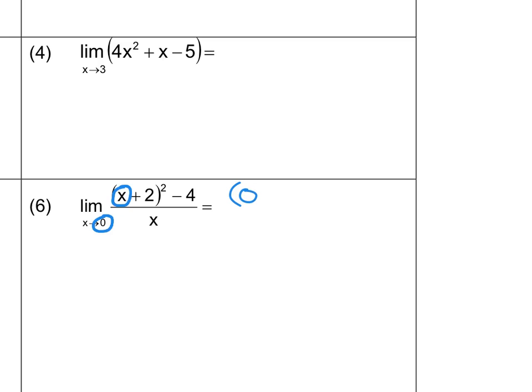I plug in the 0. 0 plus 2 squared minus 4 all over 0. I get 0 over 0. All right? When you simplify, you plug and chug. If you get 0 over 0, that's never going to be your final answer. It means that there's more work that can be done. All right? If you get a numerical value other than 0 on top, but a 0 on the bottom, okay,